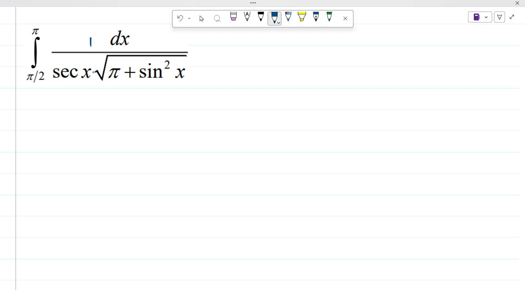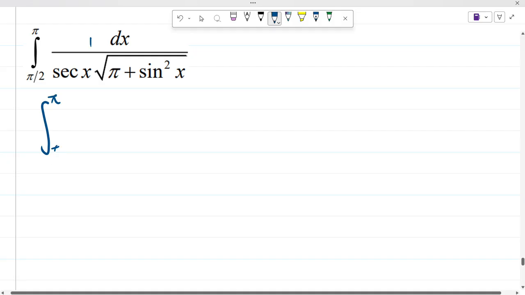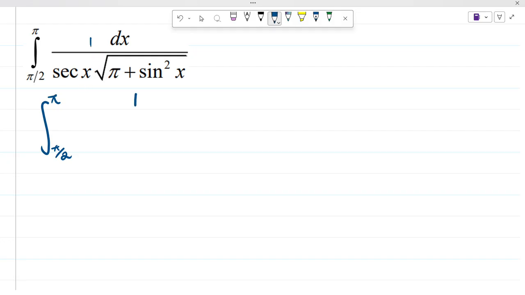So I'm gonna take that sec upwards. Now what I'm doing here, I'm rewriting this question nicely. To do that, it involves me having to take sec up. When you take this sec up, it lifts that 1 up. So at the end of the day, we're gonna have 1 over sec of x like that, and then we have